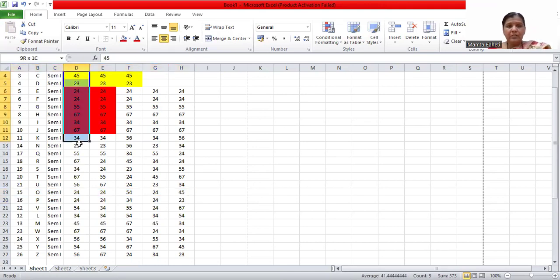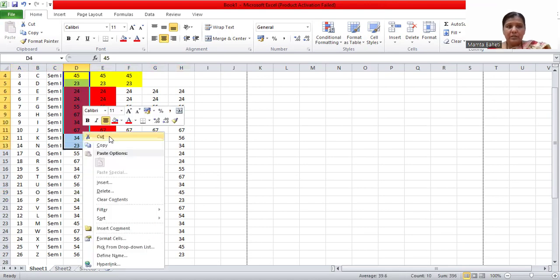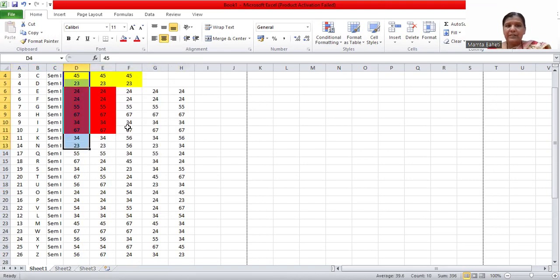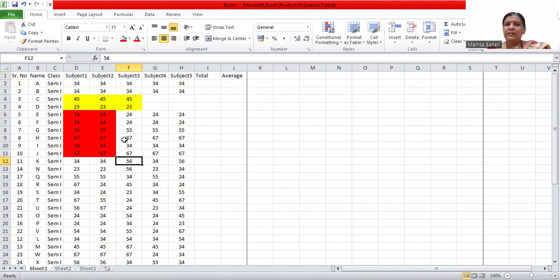Same is for, I have cut these cells and now I want to insert it. So insert cut cells. So it gets managed. Okay. So likewise, you can manage the contents. Now,